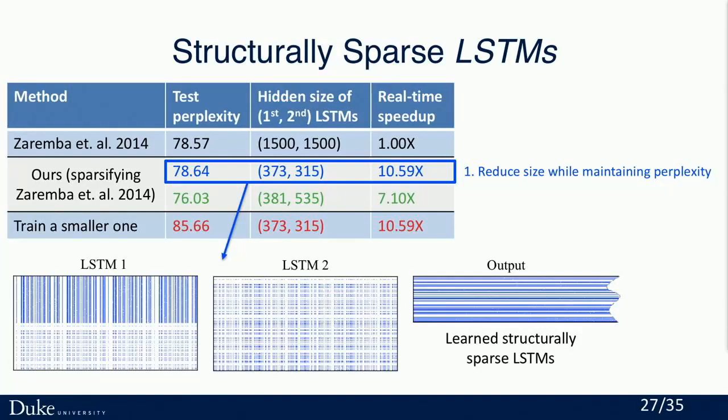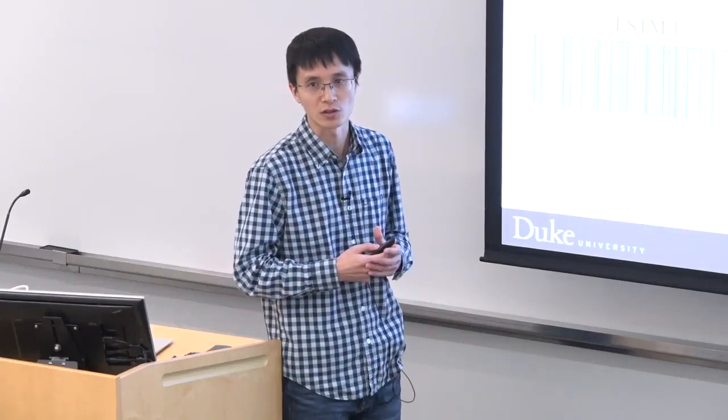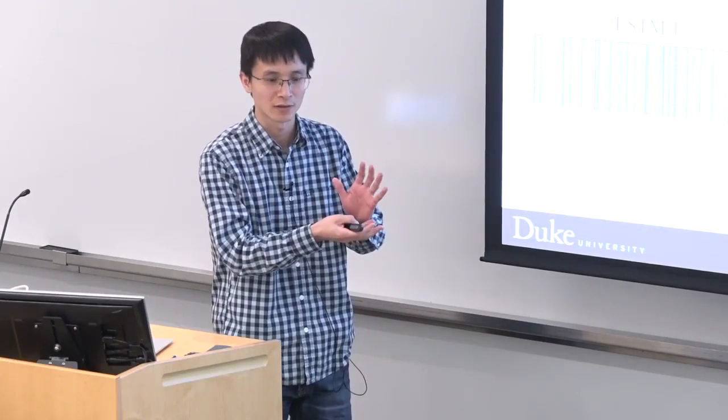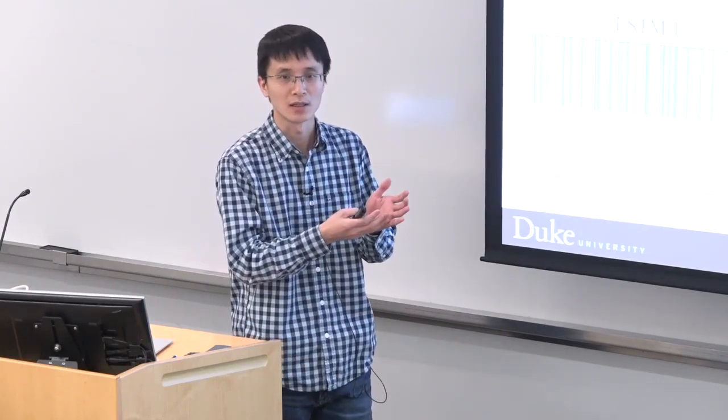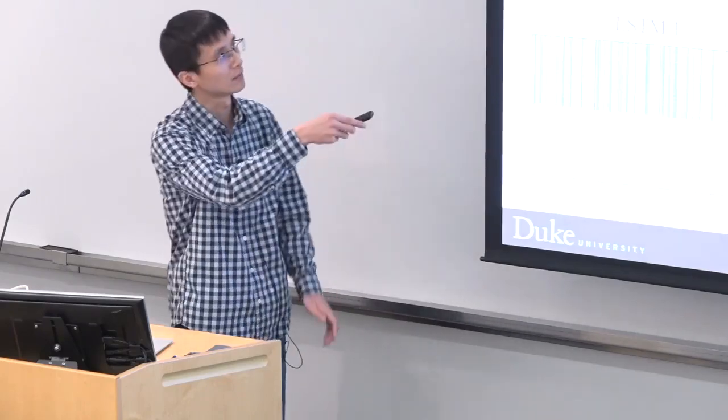Yes, agree. Okay, so basically here is the structure we learned. It's very regular. It means it removes a lot of rows and columns. And finally, we just do inference using the small model. After you find the structured sparsity, can you pack it to a regular matrix? Yes, because it's regular. That's the benefit of structured sparsity. So we basically create a smaller LSTM, and we use the non-zero weights to initialize it. Then we get the performance.